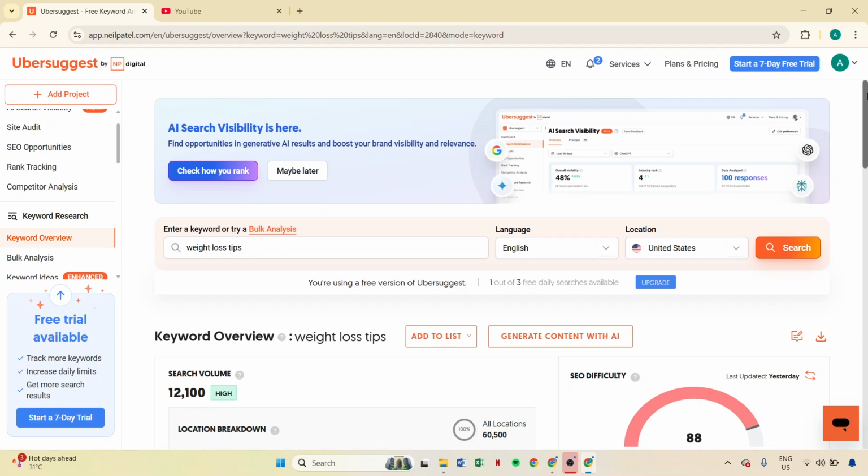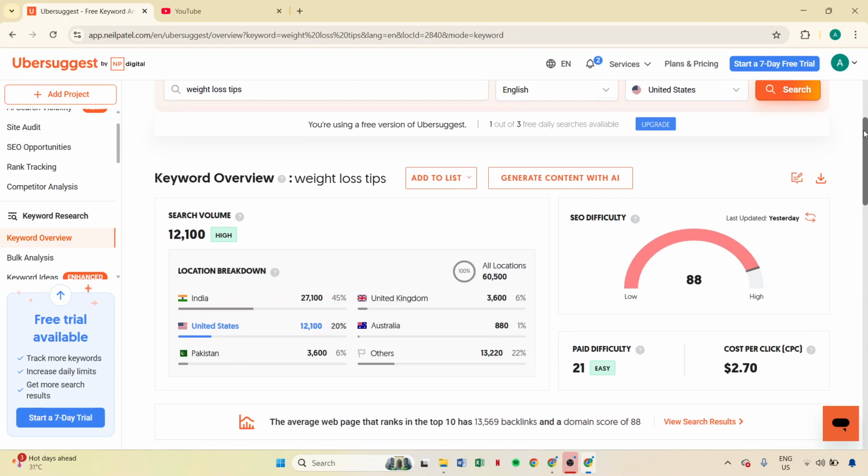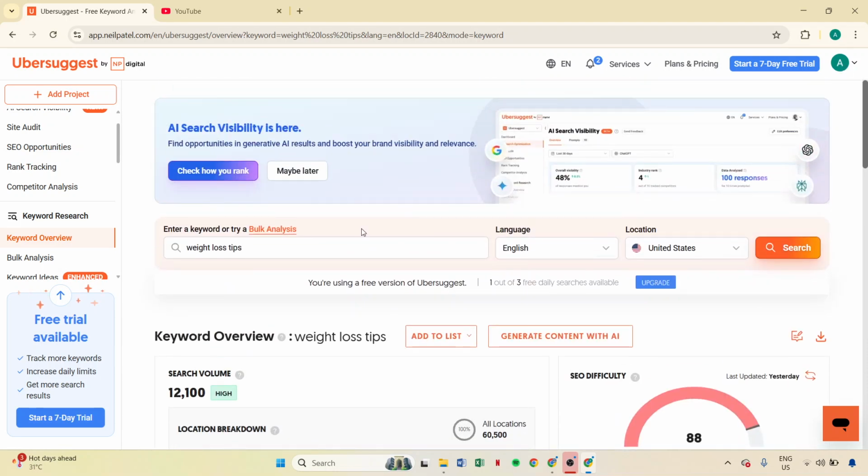The next step is to create a free account. This is super straightforward. Look for the sign up/login button, usually located at the top right of the page. Click on that and you'll be prompted to register. You have two main options here. You can either sign up using your email address or opt for a quicker sign up through your Google account. By doing this, you'll gain access to Ubersuggest's permanent free tier, which provides a wide range of SEO data and